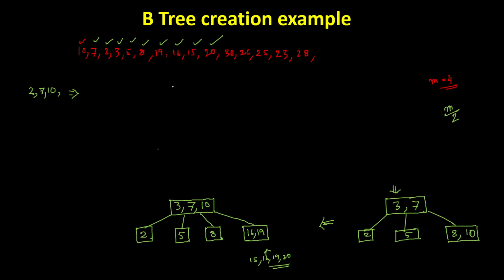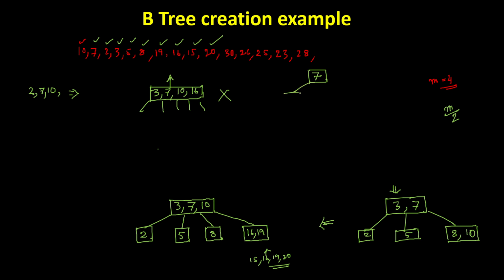So a situation will become something like 3, 7, 10 and 16. So 3, 7, 10 and 16 will become the root. But it is not possible. The reason is that the order is 4. You cannot have more than 3 children. So that means something from this current root will get evolved as the actual root. So naturally 7 will get evolved according to the tradition that we are following. So 7 will become the root,